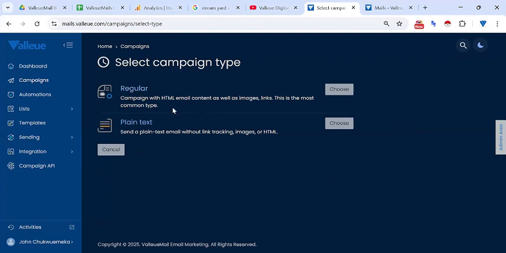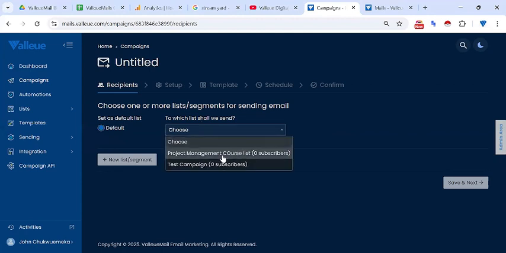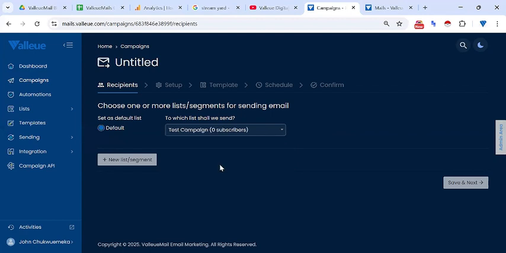So I can go with the regular or the plain text, which is just plain text. But if I go with the regular, I can use the drag and drop and every other thing that I want to use, right? So I'll just go with regular. While that is selected, I have to select which list I want to send the email to. So I'm going to use this test campaign list, right? And then save and next,